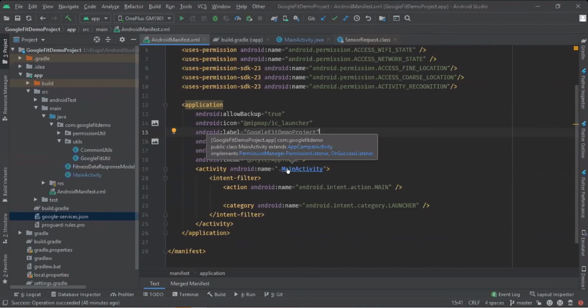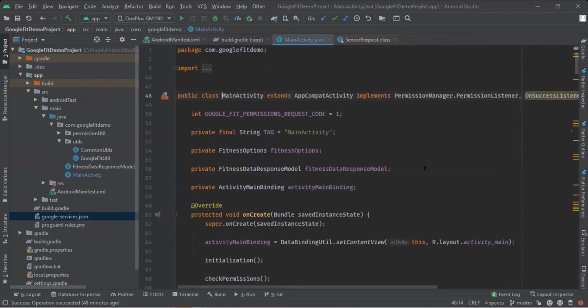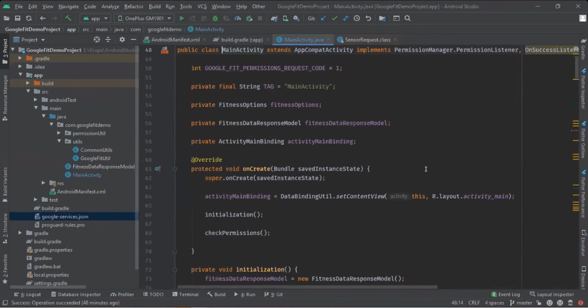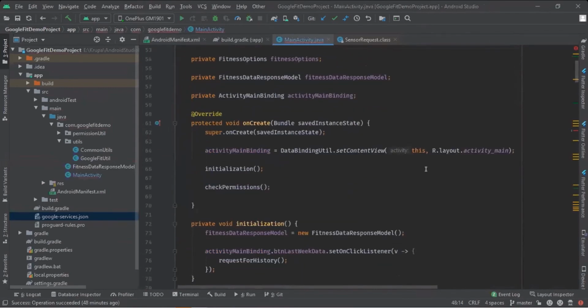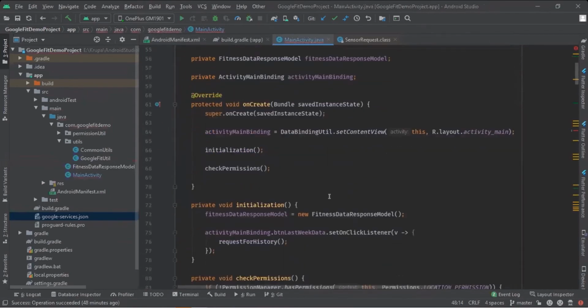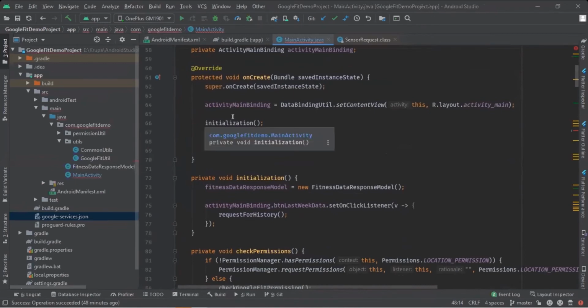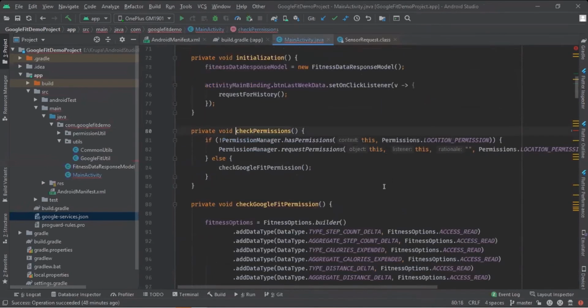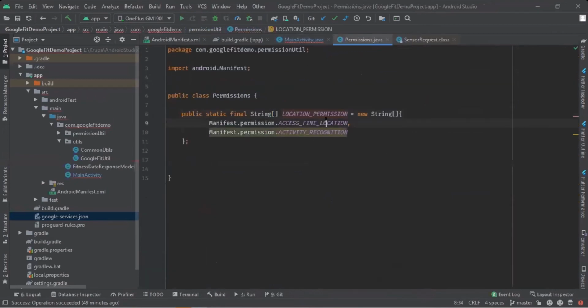Go to the main activity, the launcher activity, where I have written code for fetching data using the history API or sensor APIs. So let's start from the onCreate method. I've set the check permission function. Firstly, it will ask for the location permission, like fine location or activity recognition.